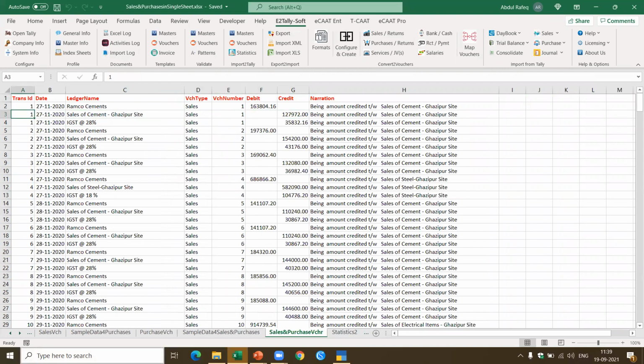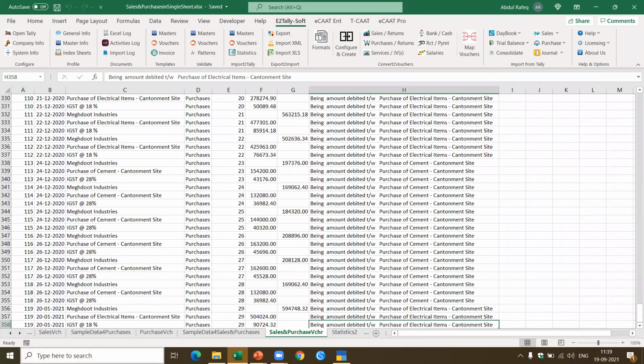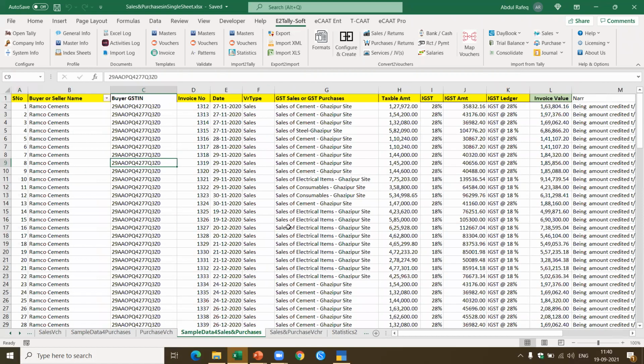Now if you come further down, let's say come to the end, you see these are transactions pertaining to purchases. In the case of the purchase, let's say voucher number 115, Meghdut Industries, the purchaser is created, and the purchase account and the IGST is debited. And this has been created automatically. I don't create it twice, I just create it once. Now let me show you a demo of how this is possible.